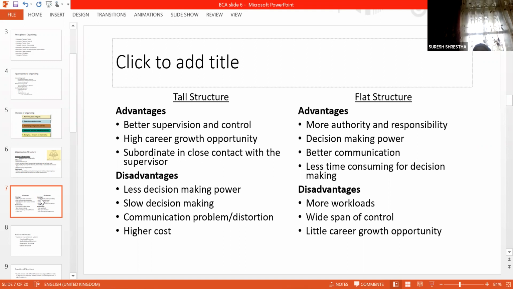हैन? So whenever you have tall structure, अनि त्यो कम्युनिकेसन तलबाट माथि, माथिबाट माथि जाँदा जाँदा कम्युनिकेसनको प्रब्लम हुन्छ, कम्युनिकेसन नै डिस्टर्सन हुन जान्छ. दुईटा लेभलमा मात्रै कम्युनिकेसन हुन्छ भने the communication flow is very good. Whereas if it has to pass a number of levels भने, then this communication problem is also there. So whenever you have a tall structure, it has got large number of